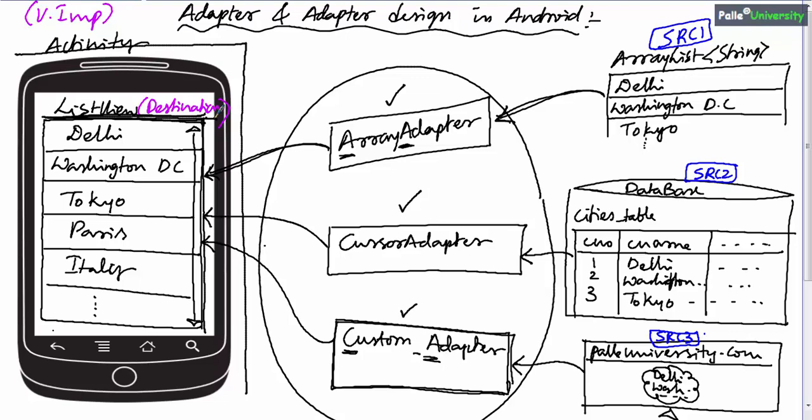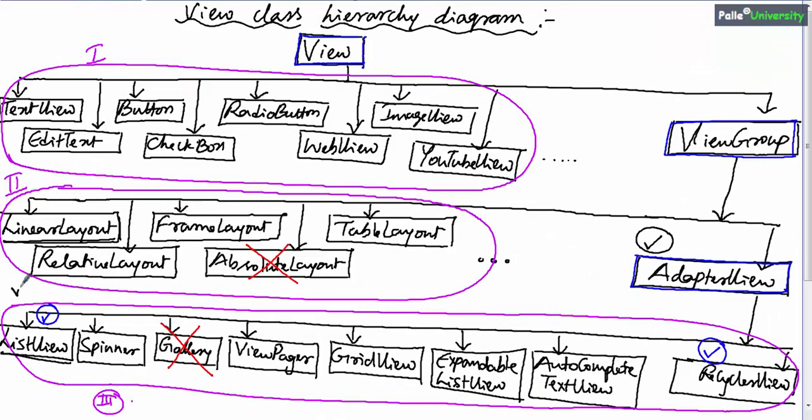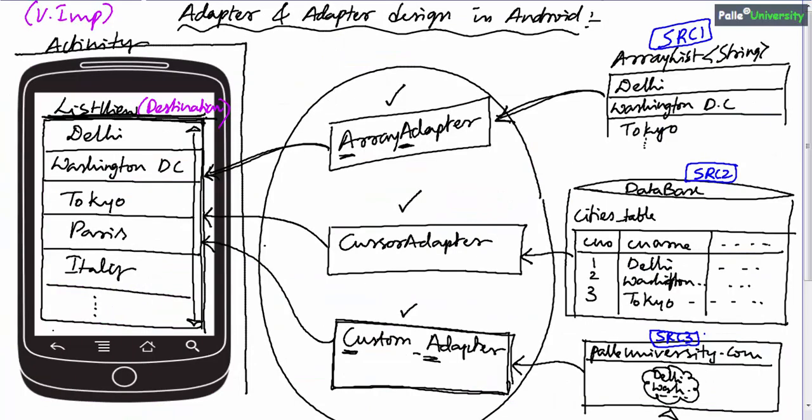Now I will explain why list view is called as adapter view. Not only list view, here if you observe the third designing concept, there are many adapter views. Now I will explain why these are all called as adapter views. Let me explain by taking list view as an example. List view is an example of adapter view because view means visible component.